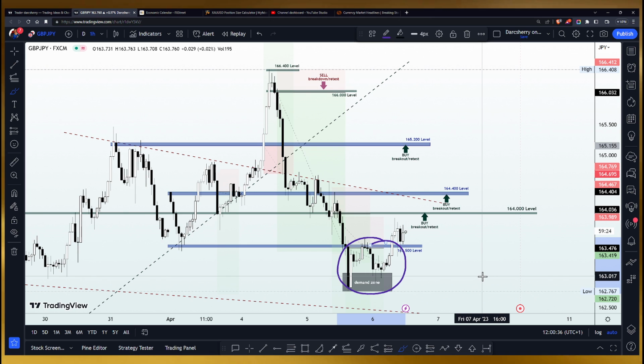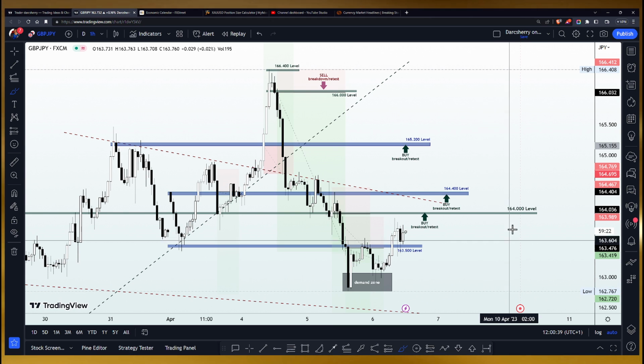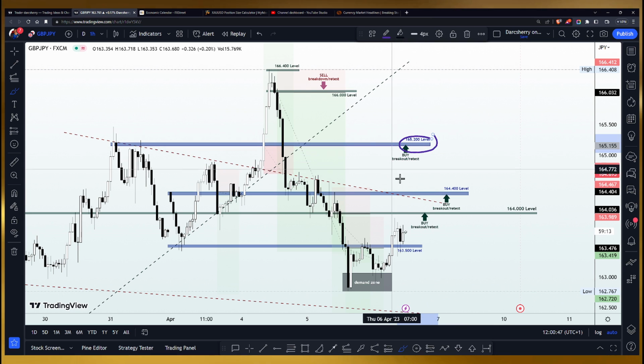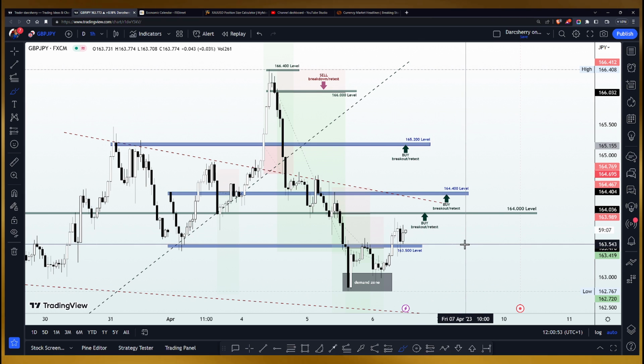So let's keep on monitoring price action and looking out for more opportunities at the breakout of structures like the 164.00 level, 164.400, and the structures at the 165.200 level to be able to add more position to our existing trade. Now that we've identified potential trading opportunity for the buyers at this point,